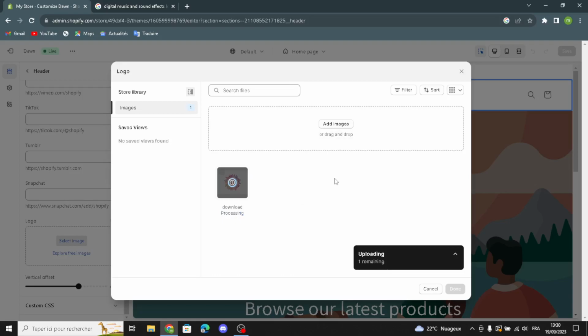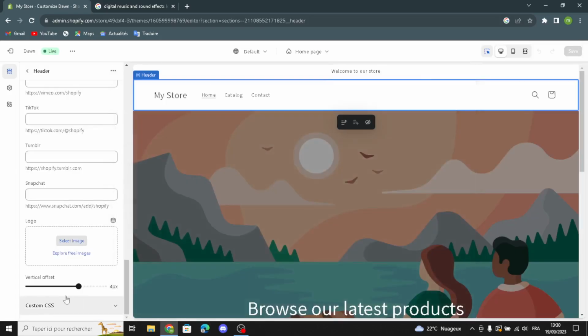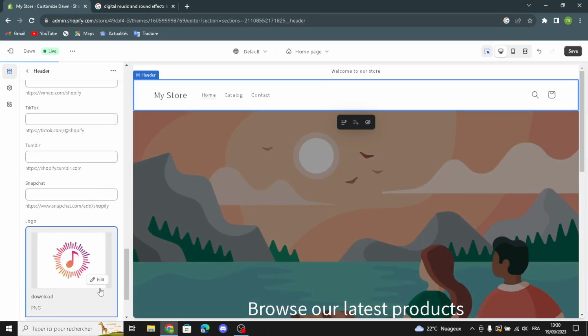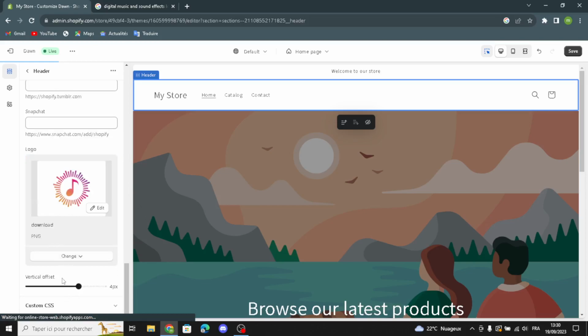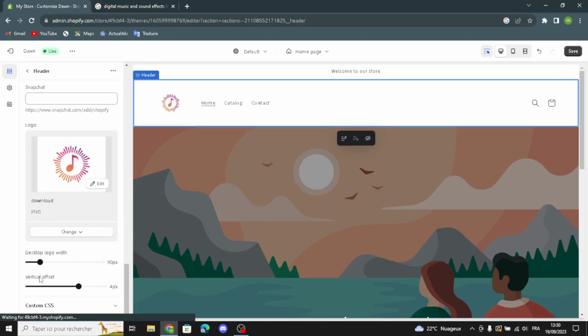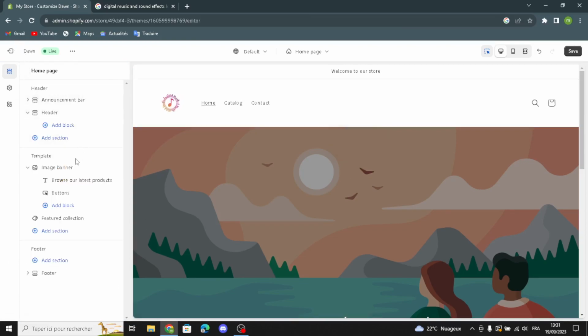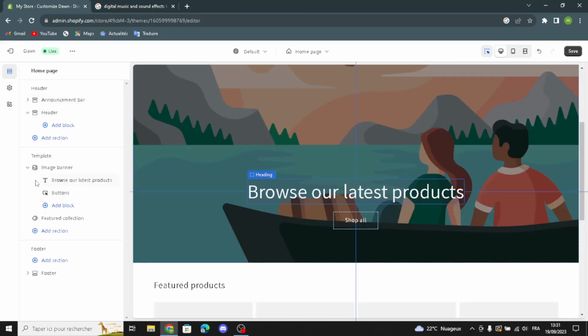So this is your logo right now. You can change it at any time you want. You can explore free images from the free image library. Here you can edit the vertical offset. You can edit the desktop logo width. So that's it. Now let's move on to the next